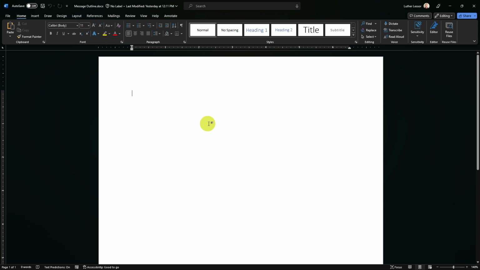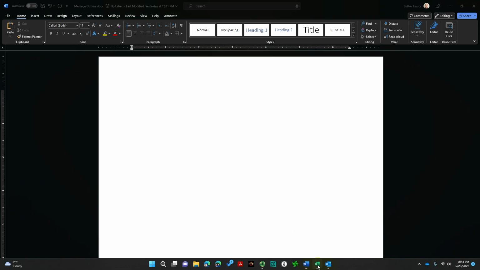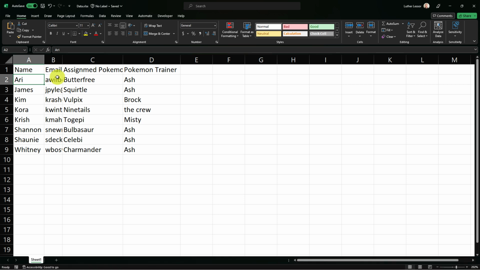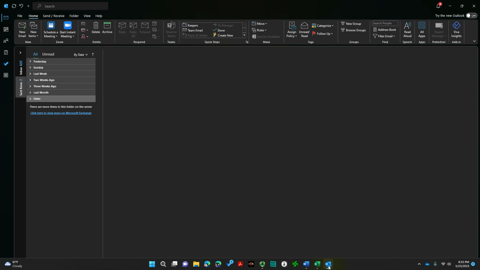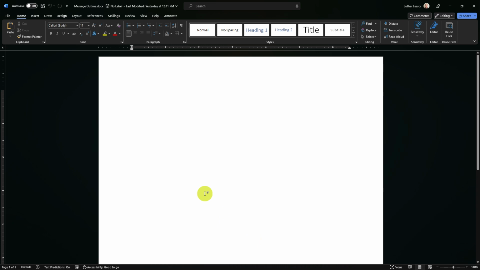What we're going to need to do that is a Word file where we're going to type out that form-filled email. We're also going to need an Excel file where those pieces of information we're using to fill in the forms are going to live, as well as the emails where we're going to send these, and then Outlook, which will actually do the sending. So I'm going to go back over here to Word, and I'm going to type in a mock assignment that I'm going to send each of those quote-unquote students directions on.